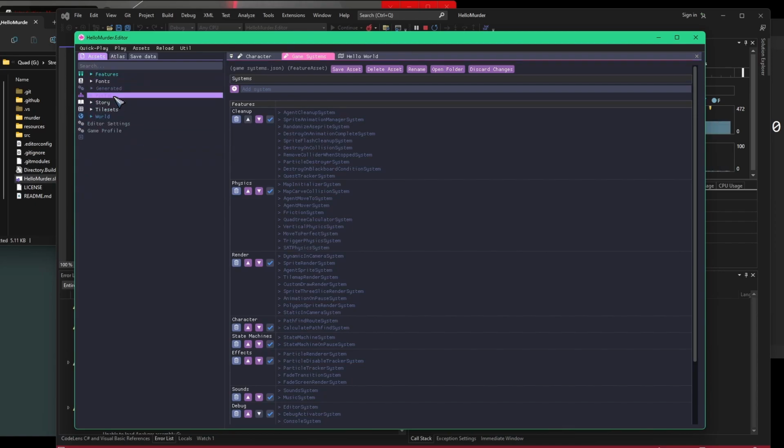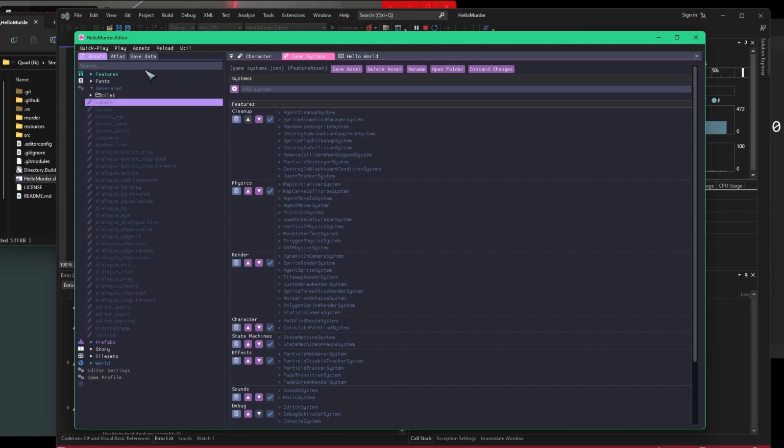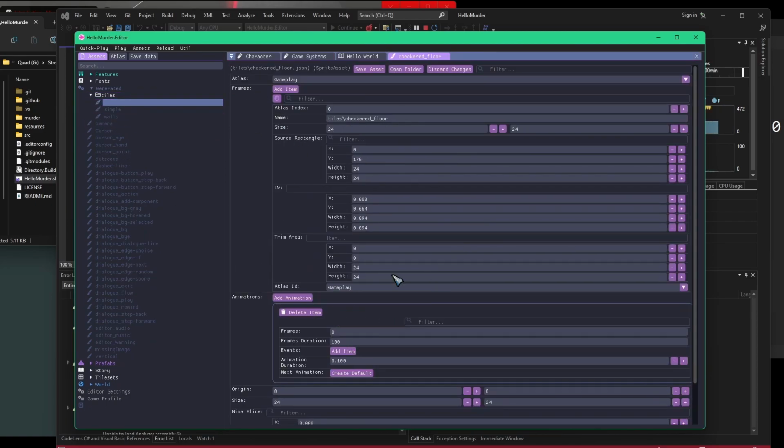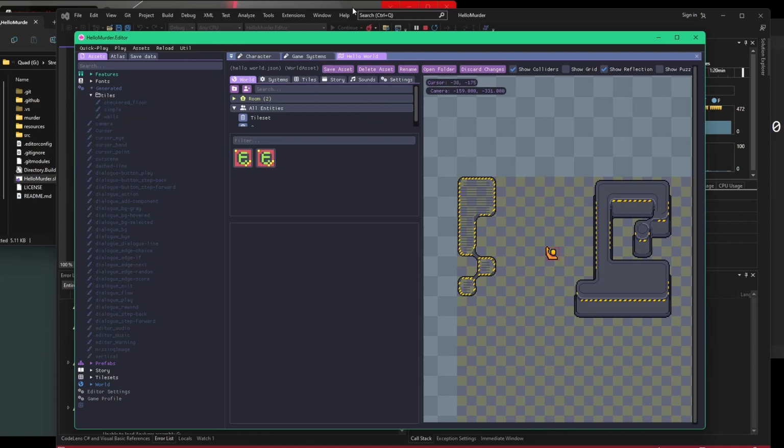The fonts are the fonts we're going to use for our project and our game. There's nothing in the generated files we need to worry about, but we will take a look at this later when we import an Aseprite file to make sure that it's generated correctly. If we look inside the tiles folder, we'll see some of this information here as well. So we can see that there's an atlas that has the checkered floor pattern. We can see that there's this simple tile, and we can see there's also this walls thing. There's not really a lot of information in here that's going to help us at this time. So we'll come back to this once we've played around with Aseprite and we're ready to bring an actual character